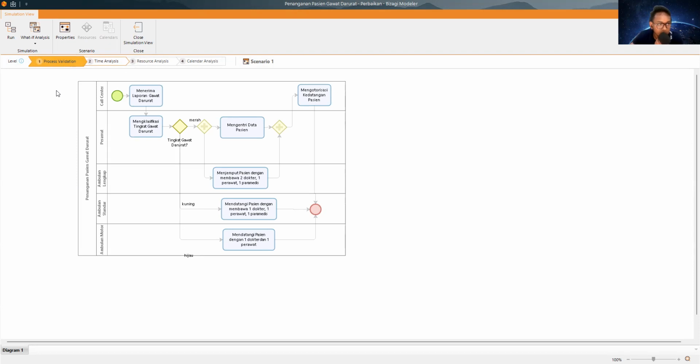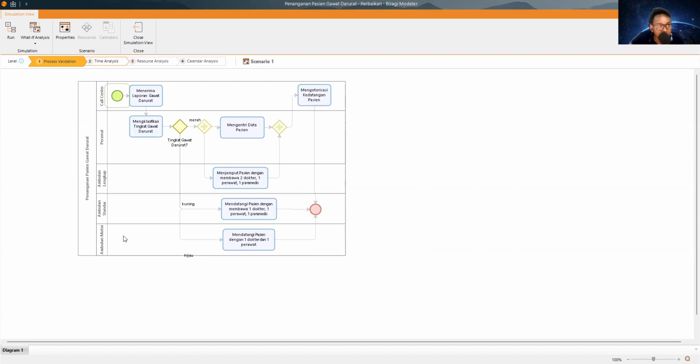The first is process validation, the second is time analysis, the third is resource analysis, and the last one is calendar analysis. But to simulate, we have 3 analyses: the first is process validation, the second is time analysis, and the last is resource analysis.